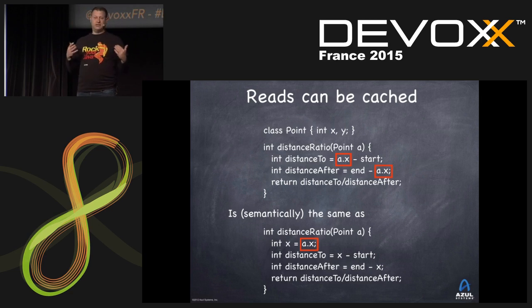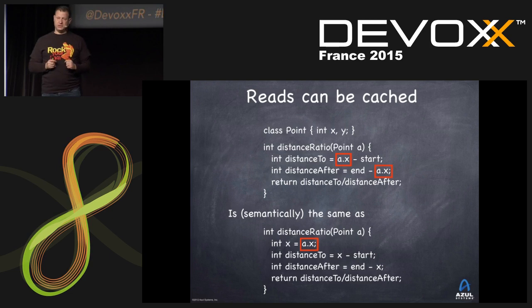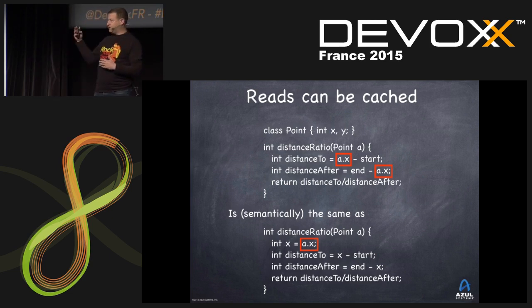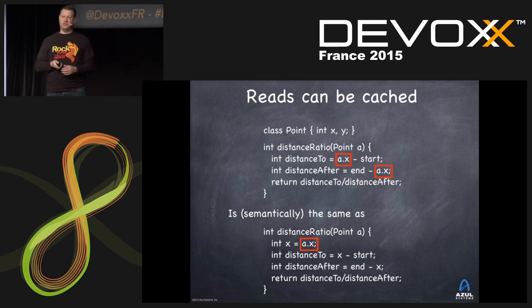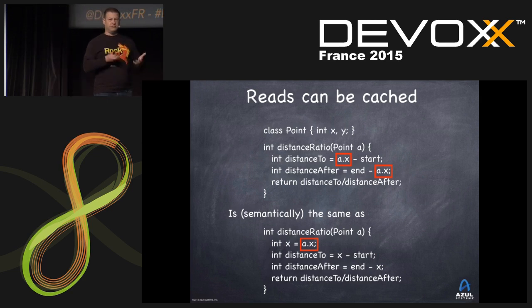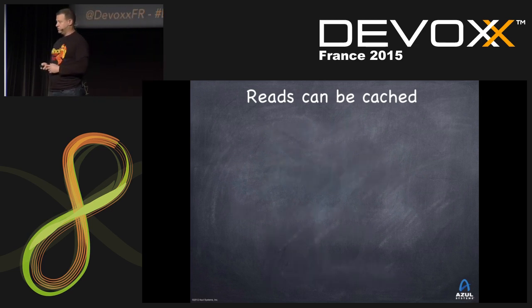Now, the meaning of this is exactly the same if you ignore the fact that other people might be changing a.x. And you're allowed to ignore the fact that other people might be changing a.x because it's not volatile. So if somebody else went and changed a.x between the first 2 instructions, and you executed that code as written, you would get a different result than if you executed the code as it is down here. That's a simple read elimination, or redundant read elimination. You can also